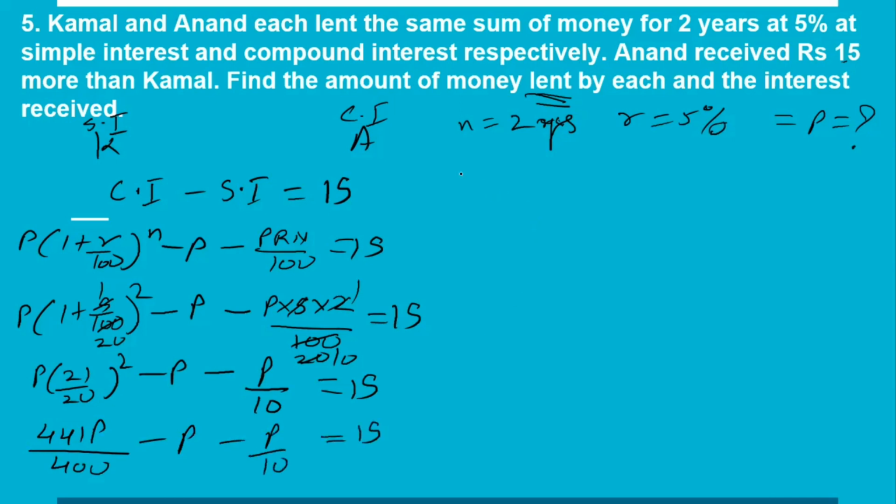So let us take the LCM here. The LCM is going to be 400. If the LCM is 400 here, this becomes 441P. Here you'll have to multiply by 400, divide by 400. Here you'll have to multiply by 10 into 40, so you'll have to multiply by 40 here. So this becomes minus 400P minus 40P,